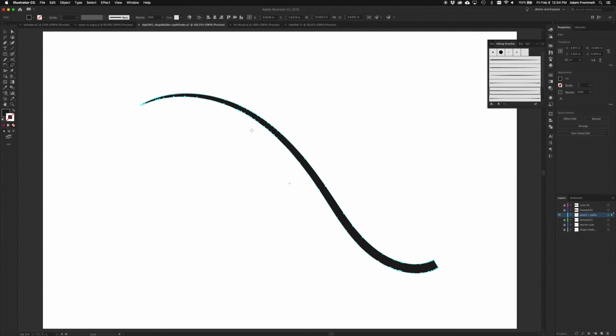If I switch over to my direct selection tool, now you can see that I have path on both sides of this stroke, all the anchor points, and this actually right now, as indicated by the fact that I can change the fill color,